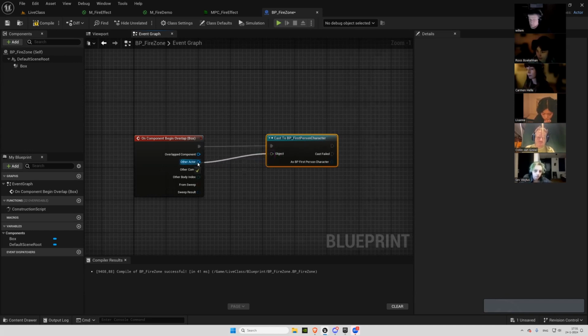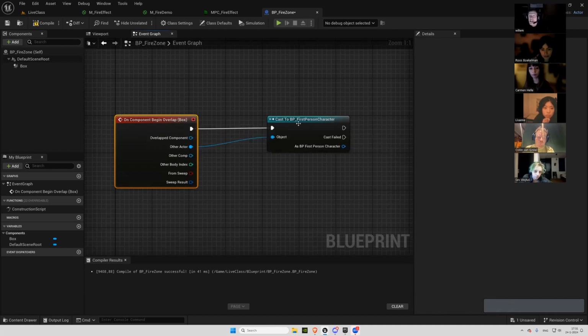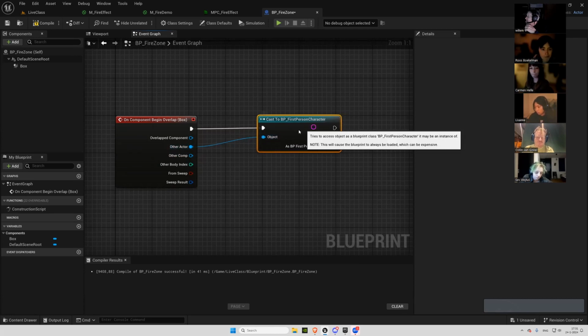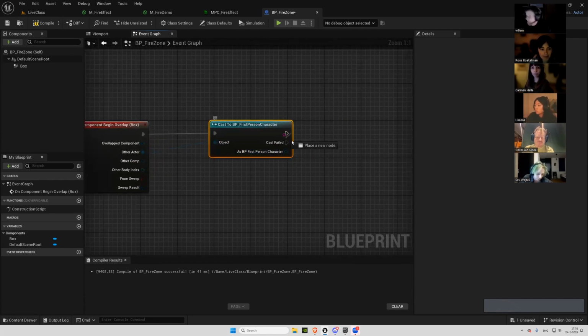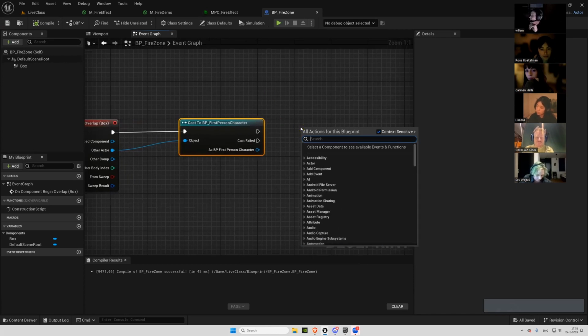And we just have to connect that with the other actor here. So it will look like this. So basically what we're saying is if our first person overlaps and it's checking if it is that blueprint, then we can tell it, okay, this is what's gonna happen then. And this is also a reason why we put our parameter into our little NPC, because it's very easy to